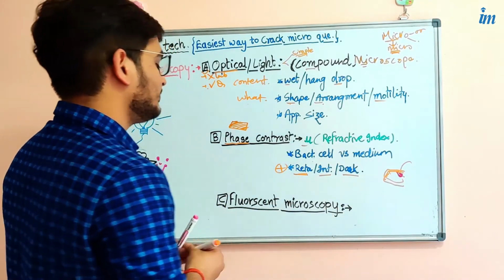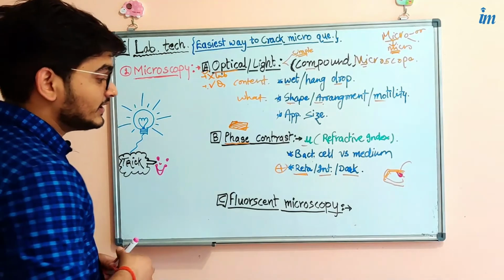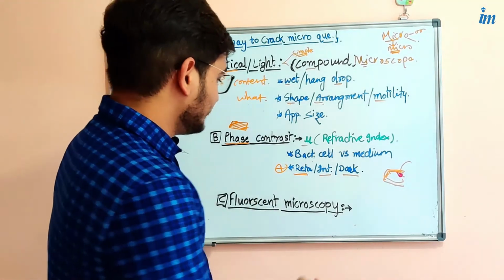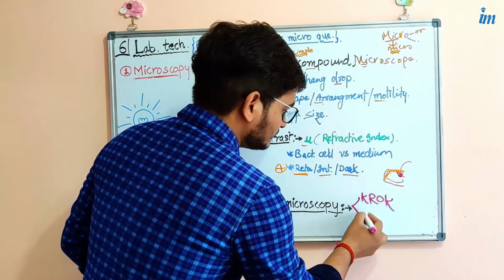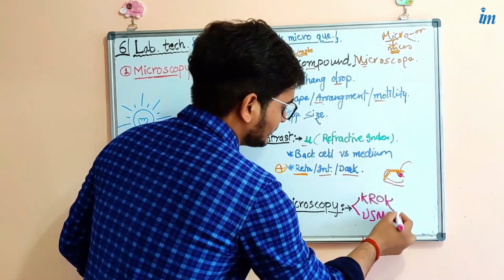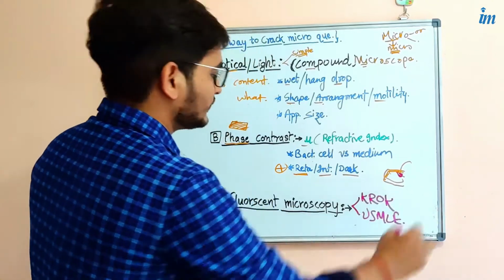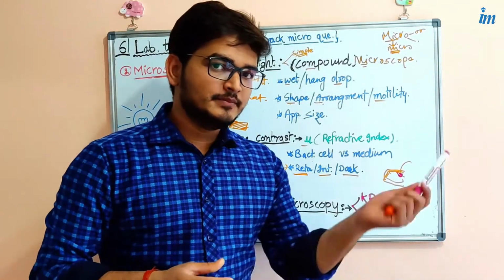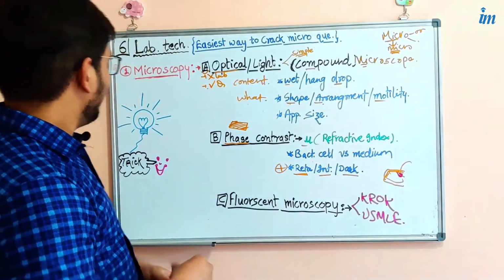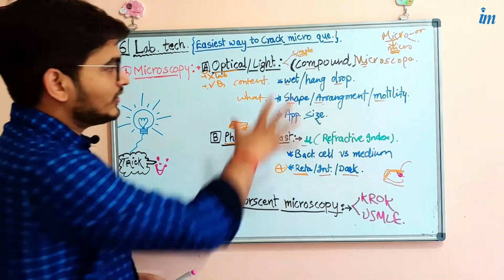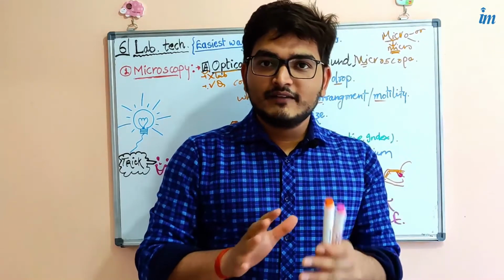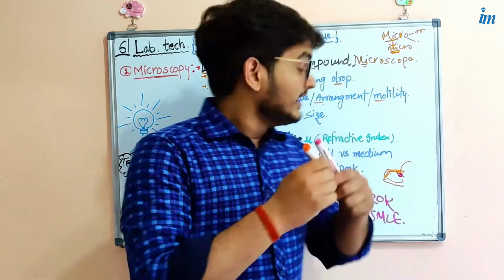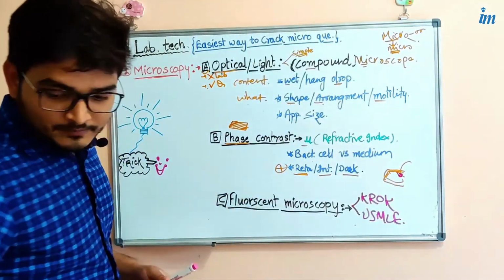And the third one, which is my personal favorite and very important to understand the crop questions, and also in USMLE pattern, they have been asked in crop and USMLE, is fluorescent microscopy. In the next slide, I'm telling you about the fluorescent microscopy, and I will also give the trick. And don't worry, all these things will be in my bonus round when I end the video. There I will give the comparative analysis of them. Okay, let's see the fluorescent microscopy.